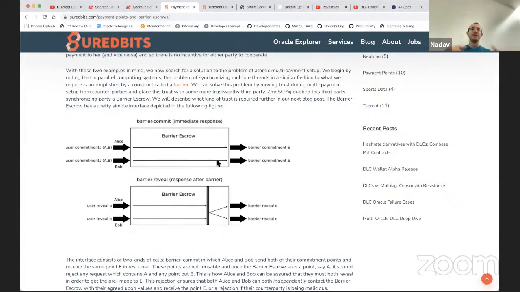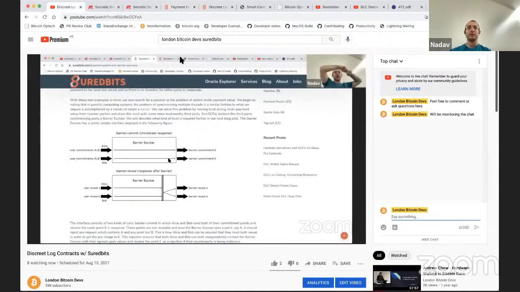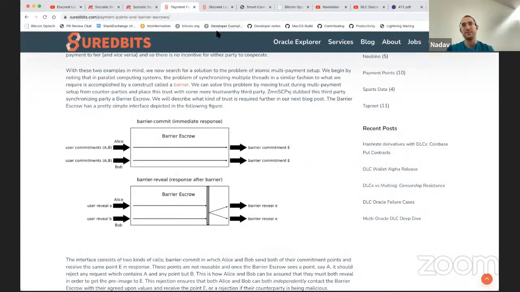So essentially how this looks is, rather than I set up a payment to Chris and he sets one up to me, we both set up payments to each other that go through each other and to some shared point elsewhere on the network. And that shared point happens atomically just using the existing thing, which is AMPs. So using just AMPs, we can essentially bootstrap AMPs into helping with atomic multi-payment setup.